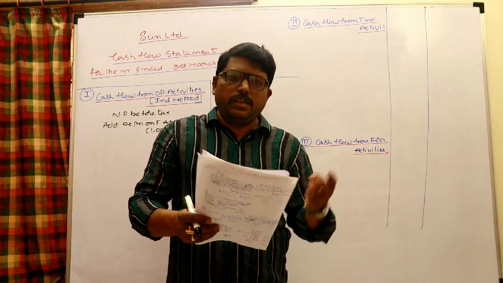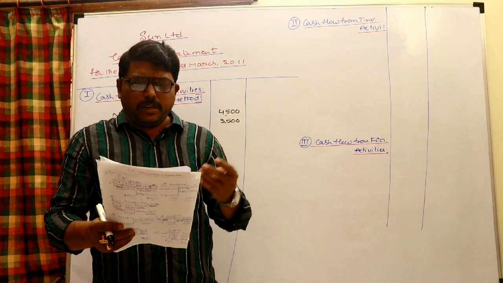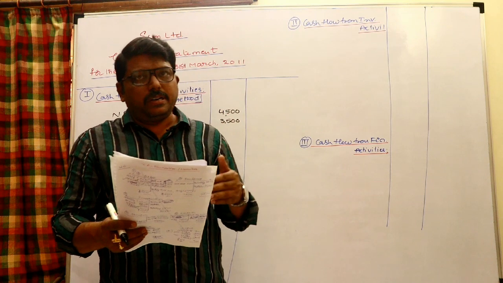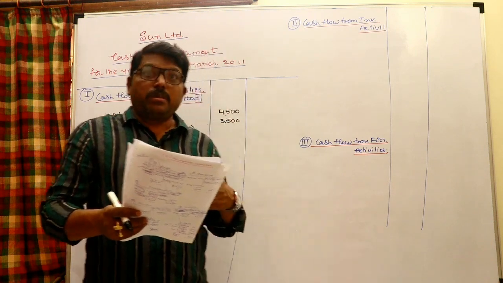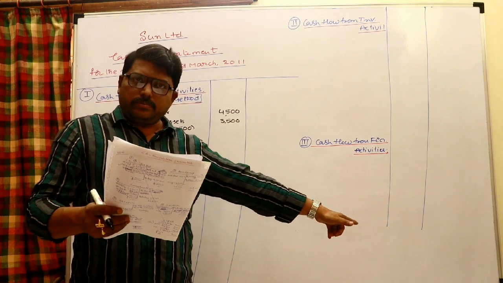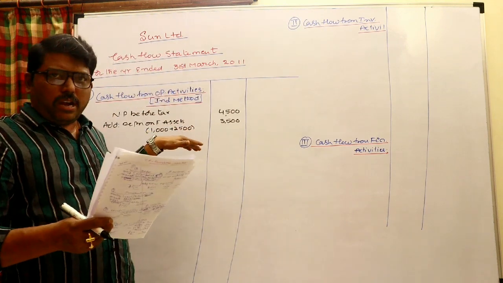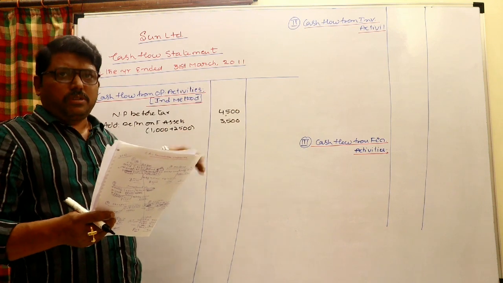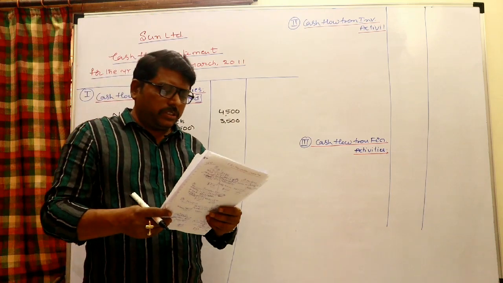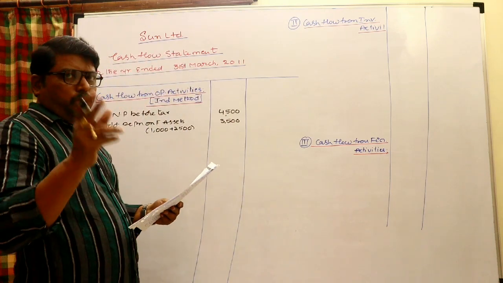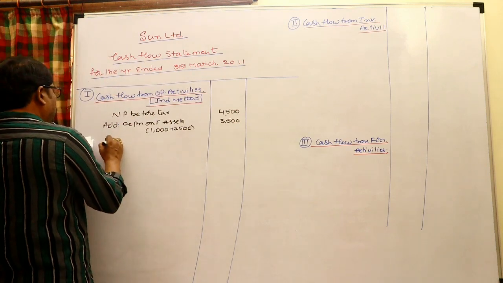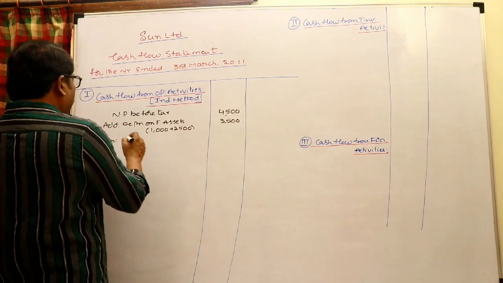So non-operating items to be withdrawn here. Non-operating items means interest and dividend received and interest and dividend paid. Interest and dividend received is not there. Interest paid is not there. Dividend declared and paid here. But dividend declared in P&L normally should be added back and paid should be deducted here. So dividend declared you need not add here because we have taken the profit before dividend. Profit or loss on sale of assets and investments to be withdrawn. So vehicles are sold at a profit. It increased the profit, that is to be removed. Less profit on sale of vehicles.